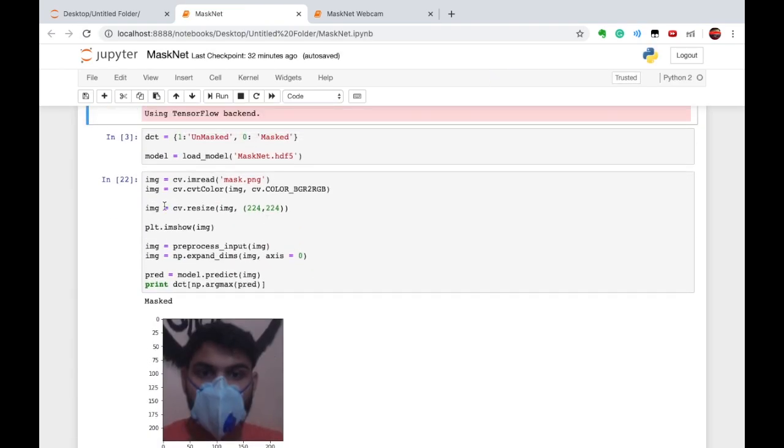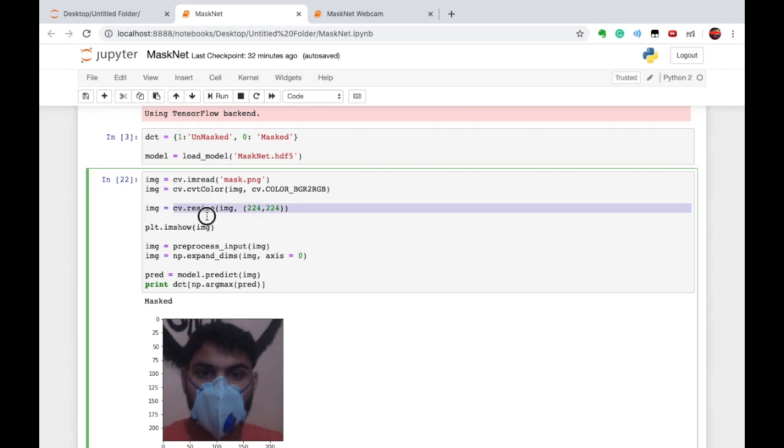So initially we are reading the frame, then converting the image into RGB, then resizing the image, then pre-processing, expanding the dimension, and making the prediction.